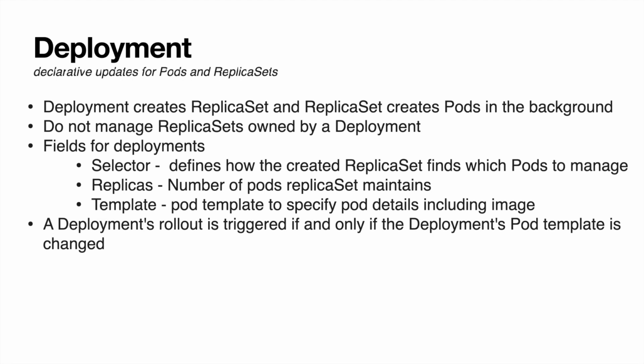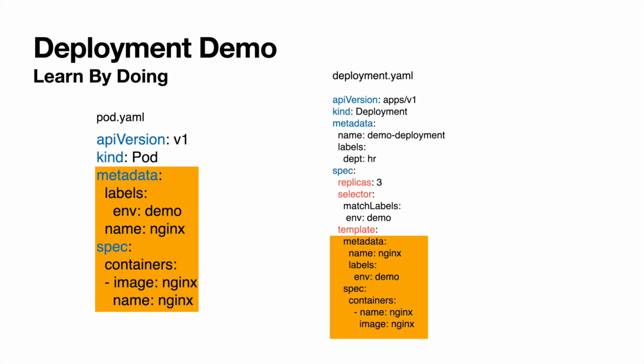A deployment's rollout is triggered if and only if the deployment's pod template is changed. So for example, you have a deployment, and when will that rollout trigger, right? Whenever you are changing the pod template. If you are not changing the pod template, there is no reason to redeploy your pods, right? So that is clear from it. A deployment's rollout is triggered if and only if the deployment's pod template is changed. Okay, so let's look at